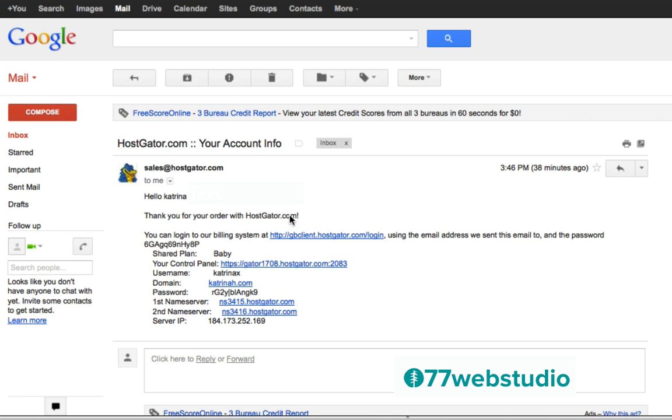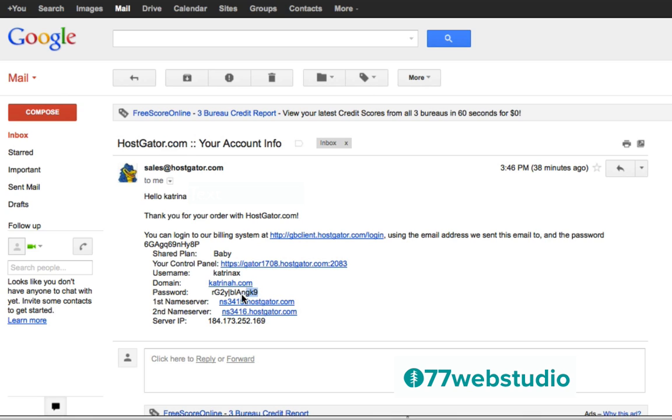Number one, the first link that they'll share with you in the email is the billing system link. So if you want to check out any info related to your billing, you can go ahead and click on this link and use the password that they give you. And then right below that, you'll see that there's a link for your control panel with your username and a temporary password.